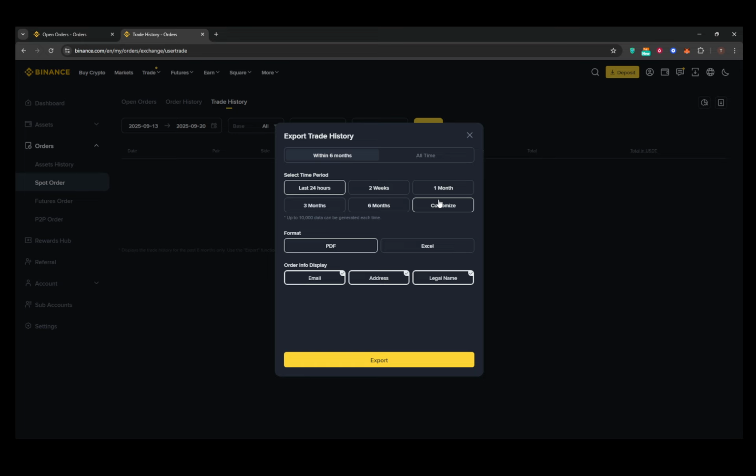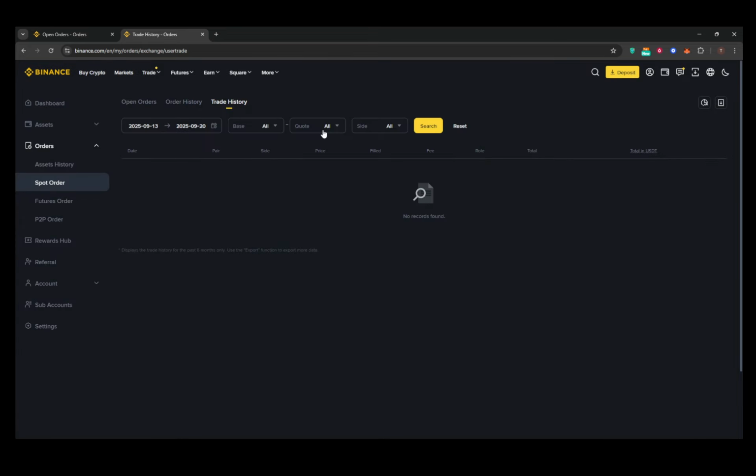Lastly, be aware that occasionally the layout and naming conventions within the app can change due to updates or regional variations. This might mean that sections such as Orders or Trade History appear under different names or in different areas of the app. Always make sure your app is up to date, and check Binance's support resources if you encounter